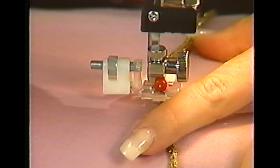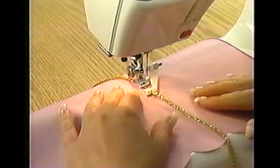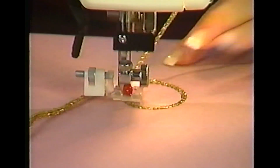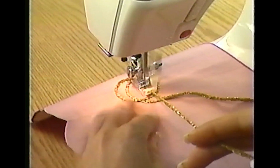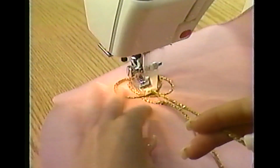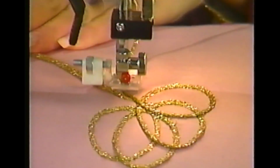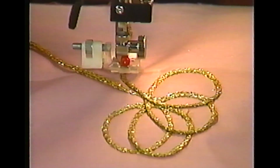Once you have that done, bring the presser foot down using a zigzag stitch, and now you simply maneuver the fabric. You're able to cross over what you have already done. And there you have an elegant accent for the lapel of any jacket, or just about anywhere you would like